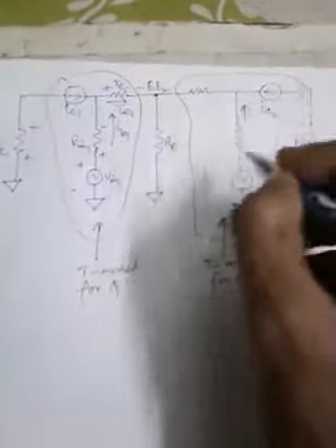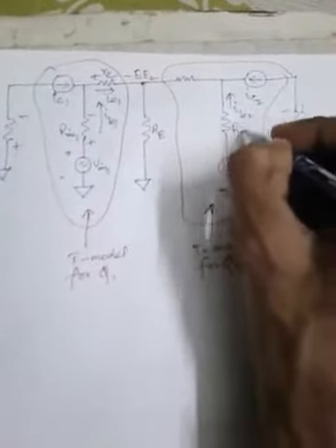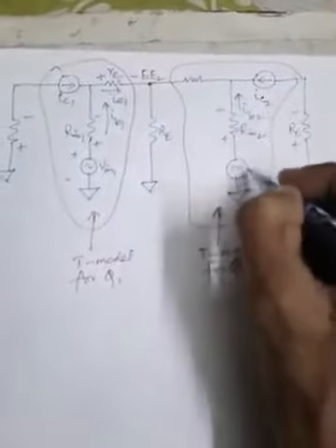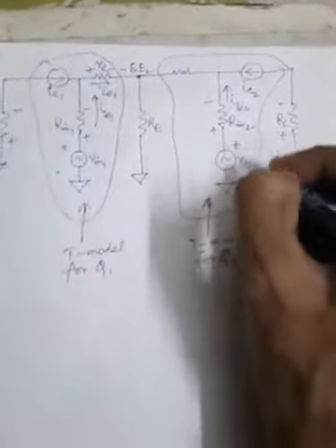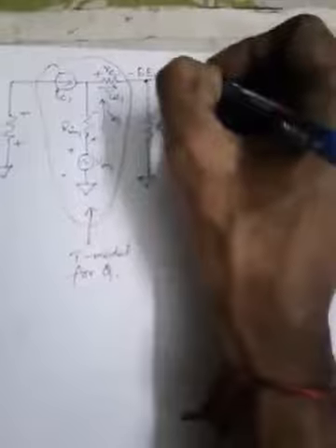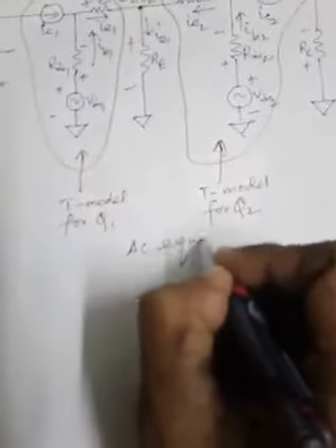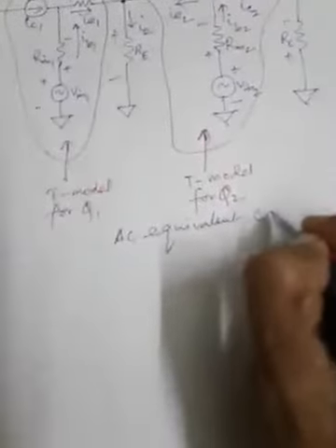The current flowing is IB2 in this branch. So this is nothing but R in 2, and the polarity is plus this side, minus this side. This is V in 2, and this IC2 and IB2 will be combining as IE2, and this is RE once again. So the voltage drop is plus this side minus this side, and this IE1 and IE2 will be combined to flow as IE through this RE, plus this side minus this side. This is the drop. So this is the overall AC equivalent circuit for this configuration, which is the same as the previous one.